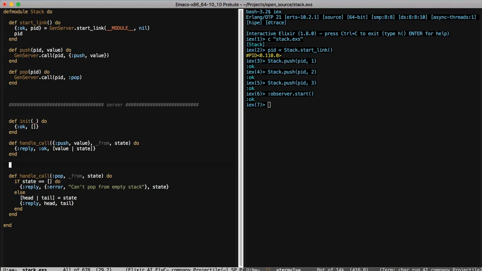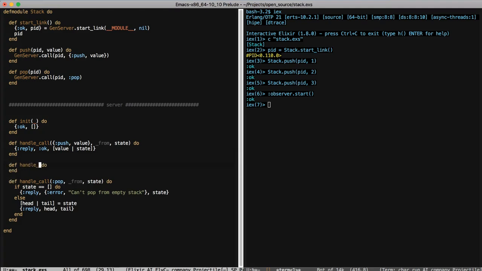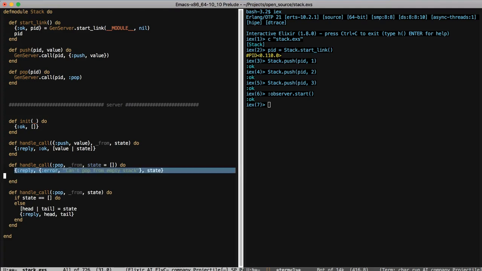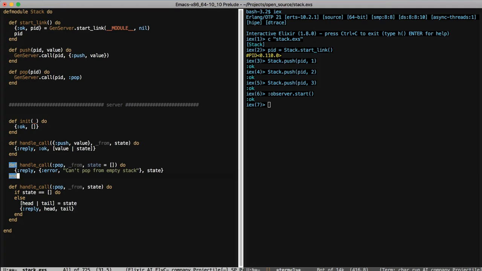I can say handle call, pop from, state where state is equal to empty, and I can just paste it over here. And if it's something else, it's going to say handle call, the same thing, pop